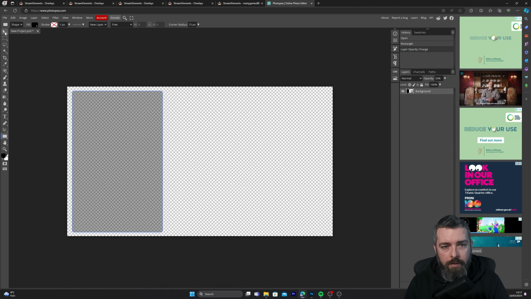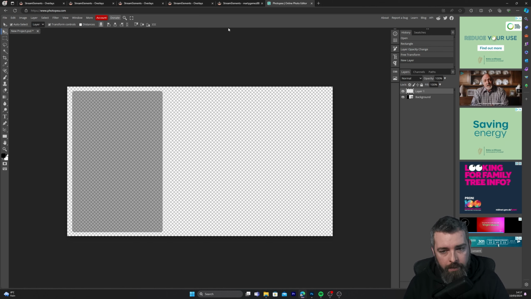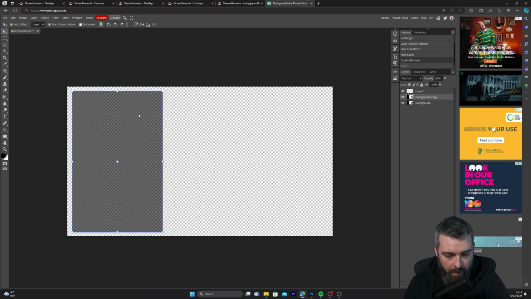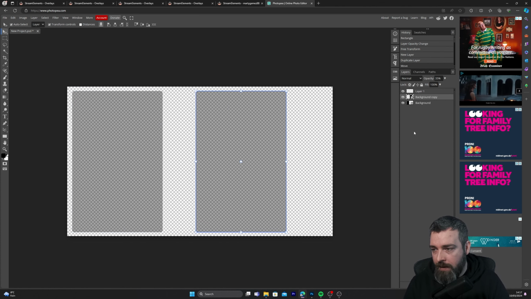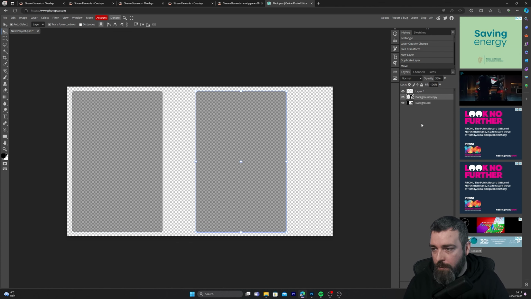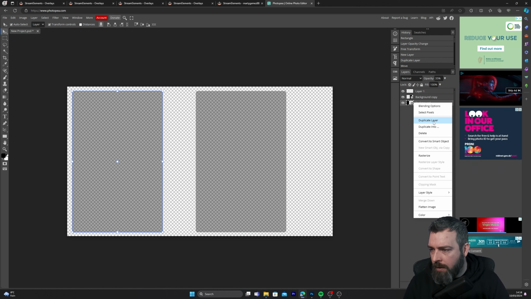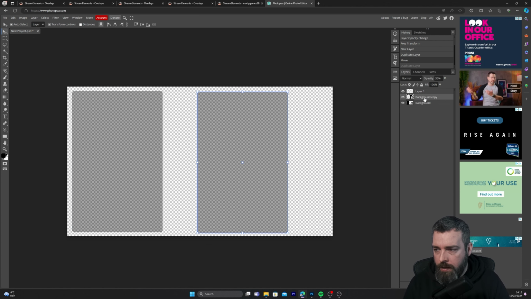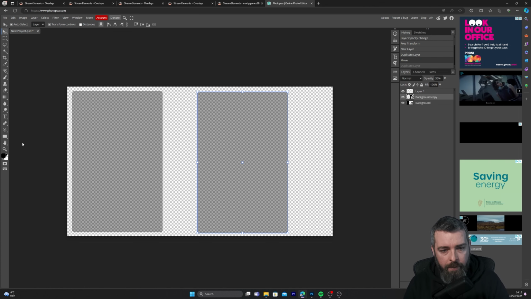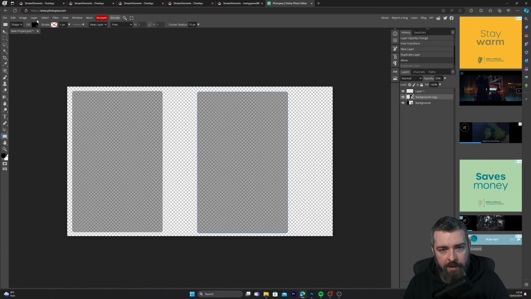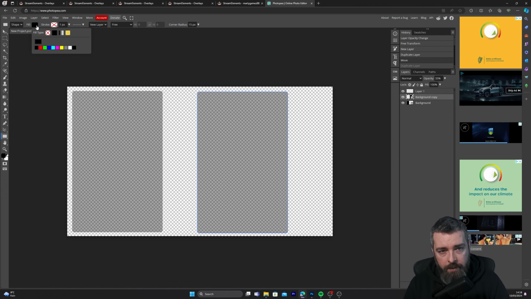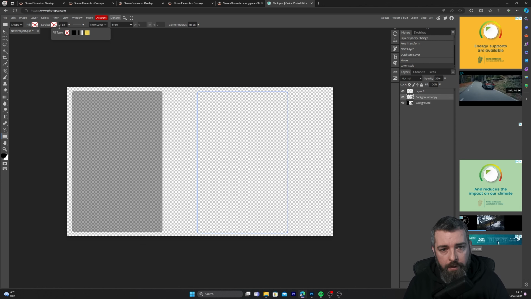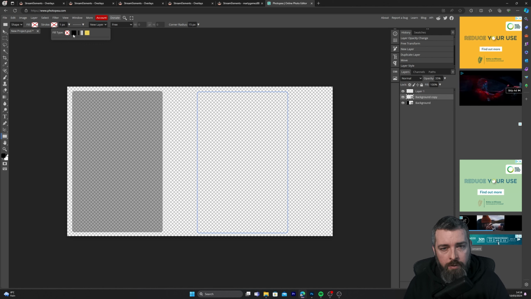Okay. So once you have that done, click on a new layer, and then we are going to Alt and Shift and then drag, left click, and this will duplicate. You can actually duplicate layer if you right click and then left click on it here. It's quick and easy. So the next thing I'm going to do is select this, which I already have. Click on the shape tool. This will bring up the color. I don't want this to be filled, so I'm going to click transparent. And then I'm going to set the stroke to be around